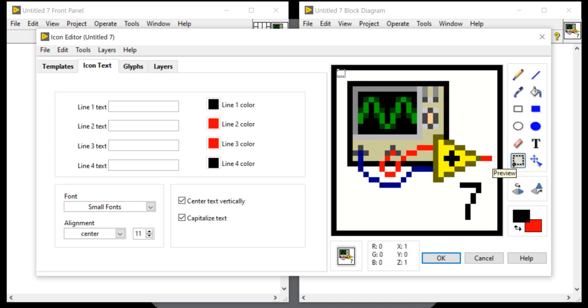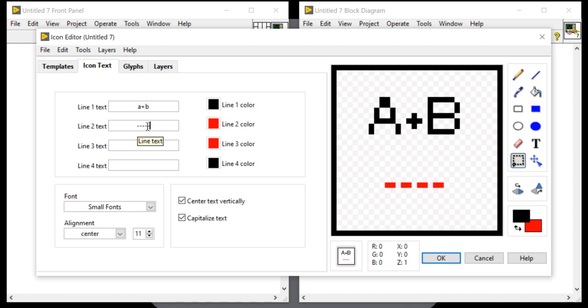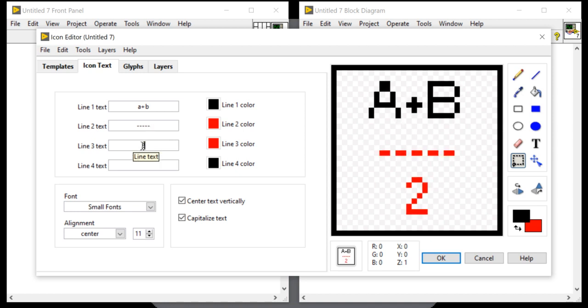I will select from this to this, and then I will press the delete button. After delete, I can write here A plus B in line 1, minus minus minus minus, line 3, A plus B divided by 2.